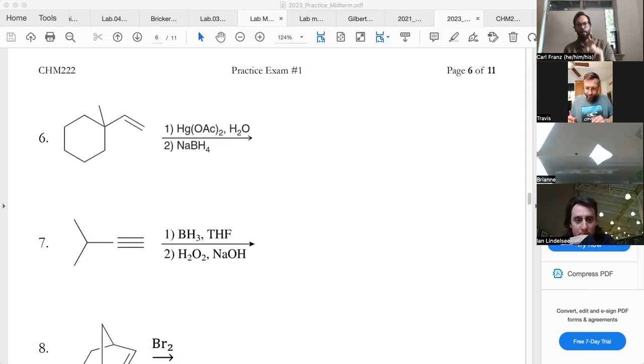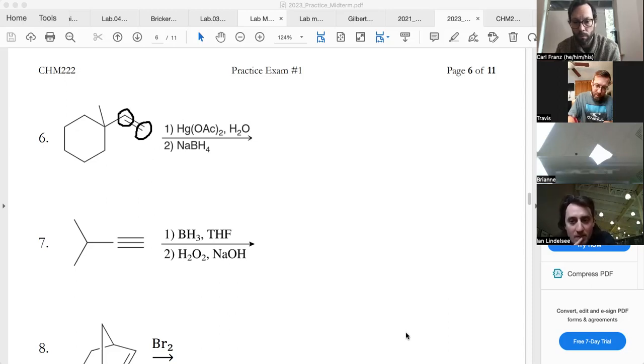Yep. We're going to hydrate it by putting the OH group on whatever is most substituted on that double bond. So if we're looking at the double bond, it's a secondary. Which carbon is more substituted? The secondary. So it's going to make a ketone. Black or yellow, right? The black one. Yeah. Exactly.